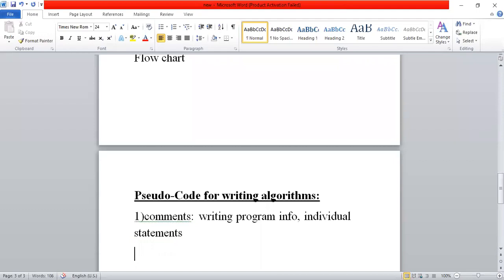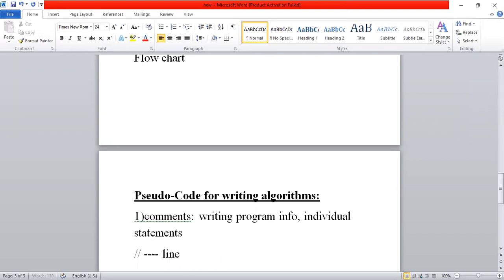See here, there are two ways of including comments in your program or algorithm. One way is this: two forward slashes represent line comments. For each line, before starting any text, we start with two forward slashes at the beginning of the line, and you can write any number of lines.